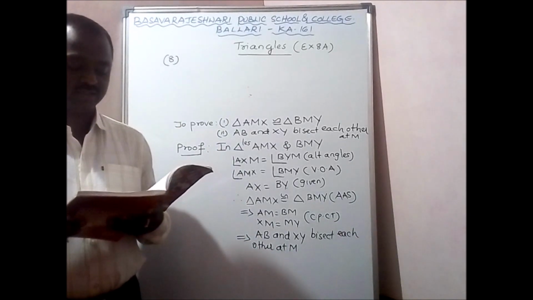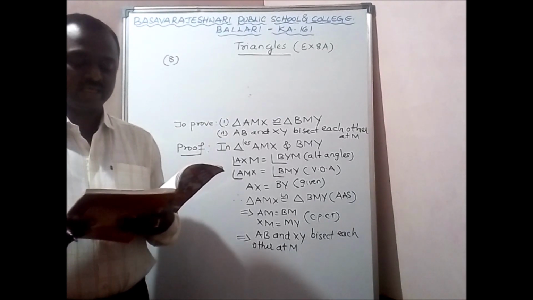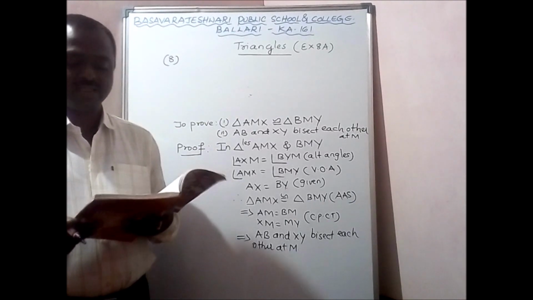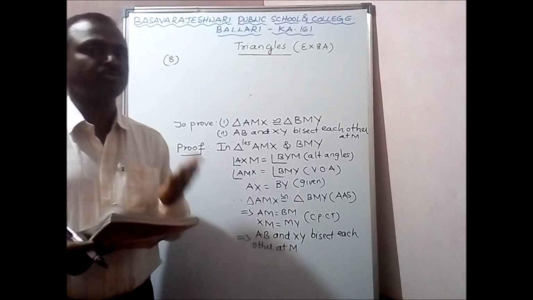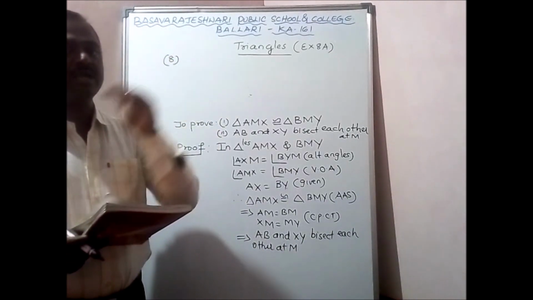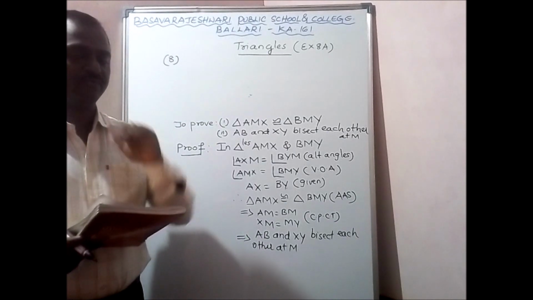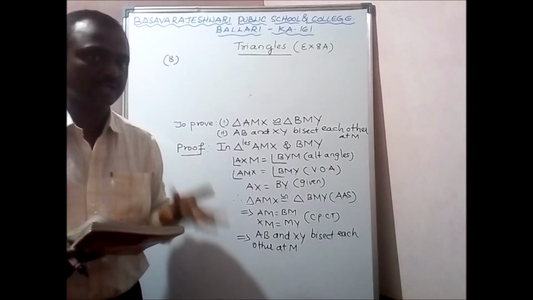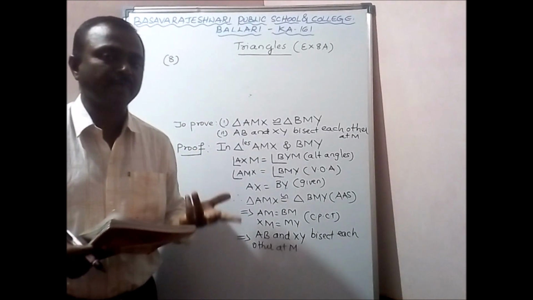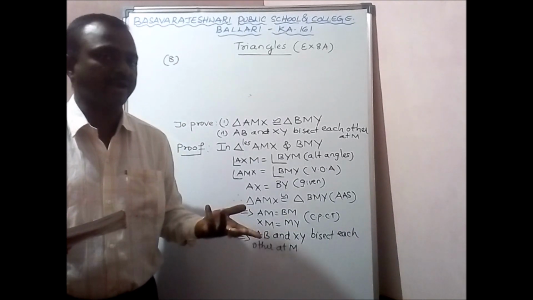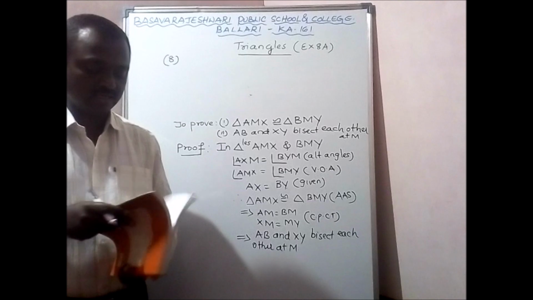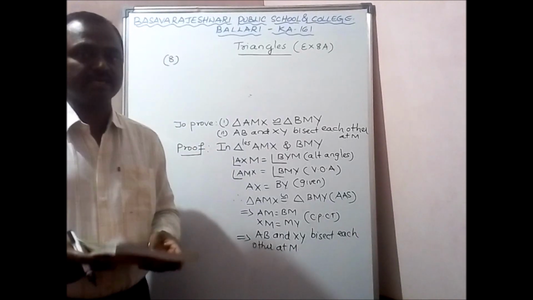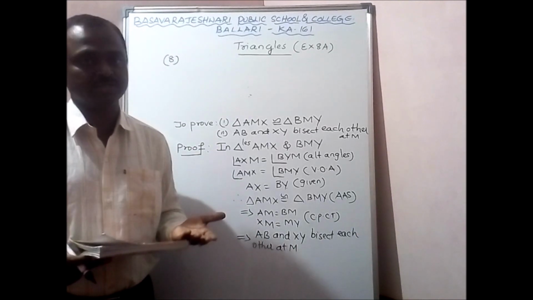Not just to prove the parallelism, you have to prove the congruency of those two triangles. What are those two triangles? You have to prove triangle EAD is congruent to triangle ABC. If you prove the congruency of the triangles, you will come to know that alternate angles are equal. If alternate angles are equal, that means the condition for parallelism is satisfied. So therefore what can we say? Therefore we can say that ED is parallel to BC.